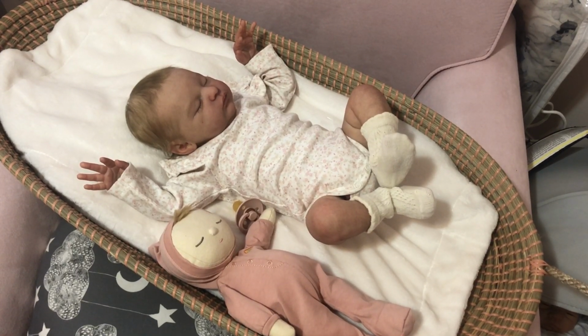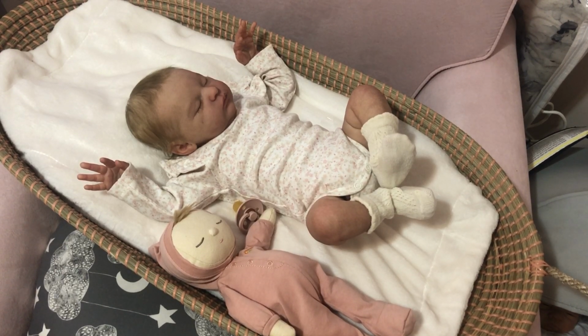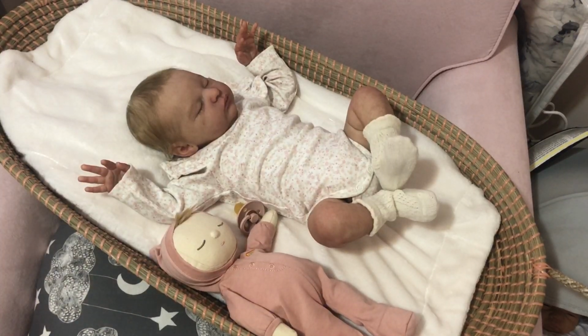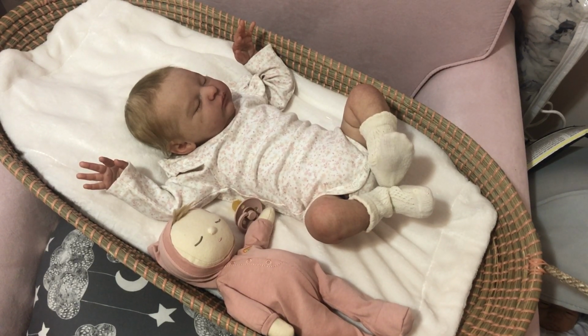After talking with one of my good friends who has had many of Bonnie's babies, basically, my friend is allowing me to experience some other work by quote unquote babysitting one of her babies. So my friend was kind enough to send me one of her Bonnie Brown reborn babies so that I could experience that baby without purchasing a baby. So I have not purchased this doll. It is not my doll. I am only babysitting the babies here temporarily